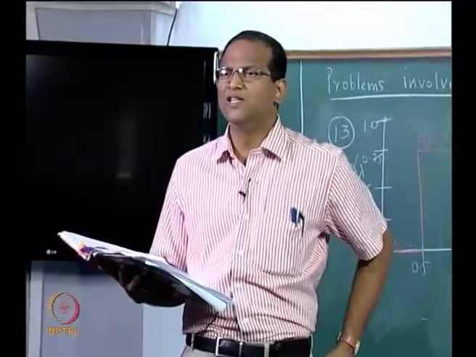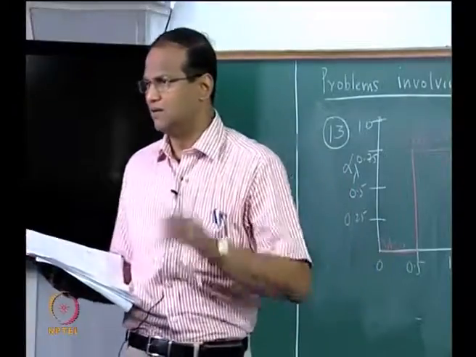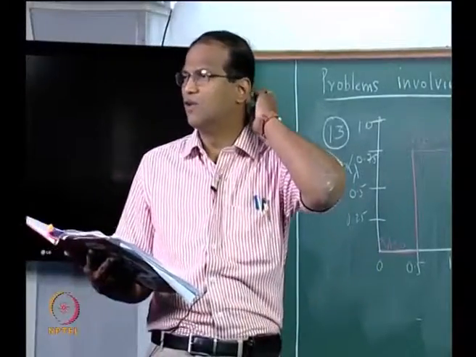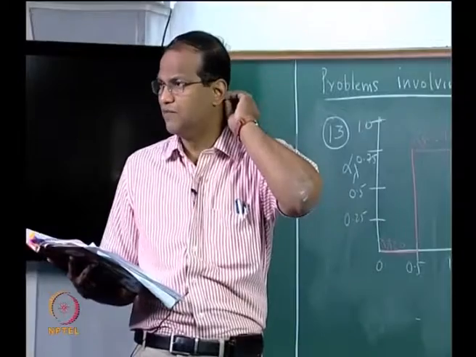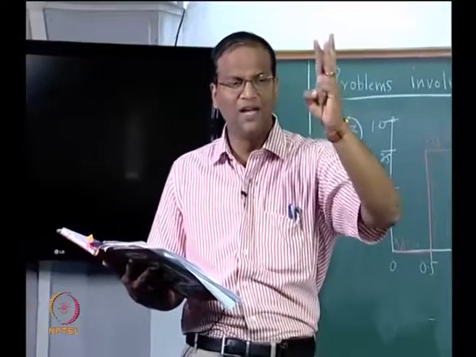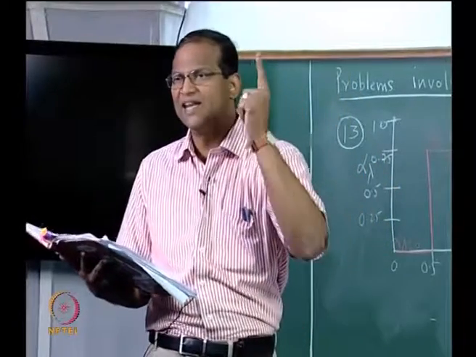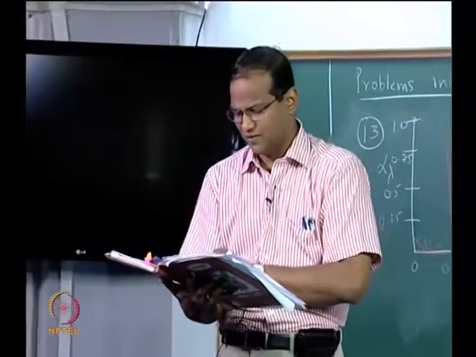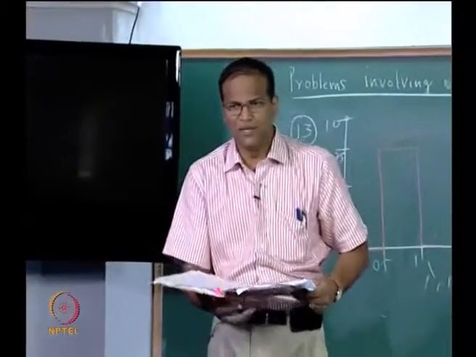That means if no other information is given, do not worry about convection, conduction, all that, and do not worry about surroundings and all that. If surrounding temperature is given, that is the next problem, I will tell you how to do it. So determine A, the absorbed irradiation, B, the emissive power, and C, the net radiation heat transfer from the surface. The first part is very simple.